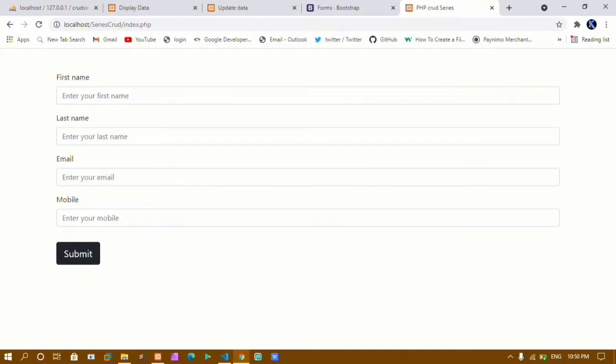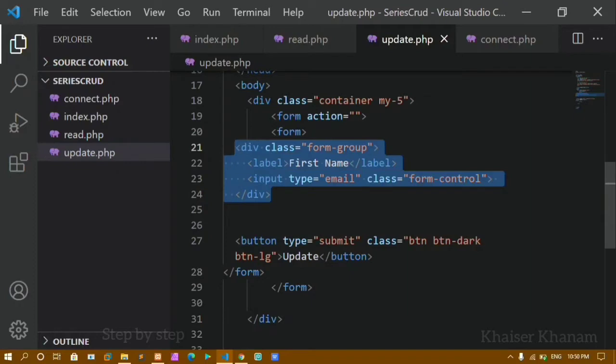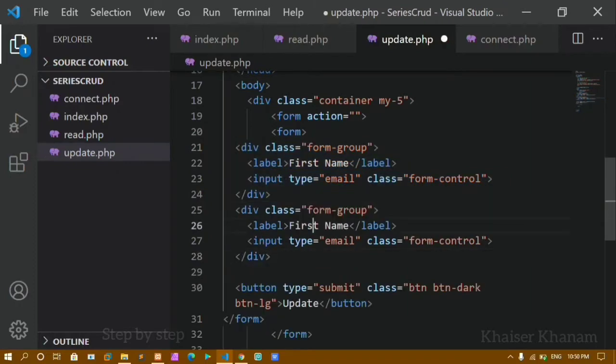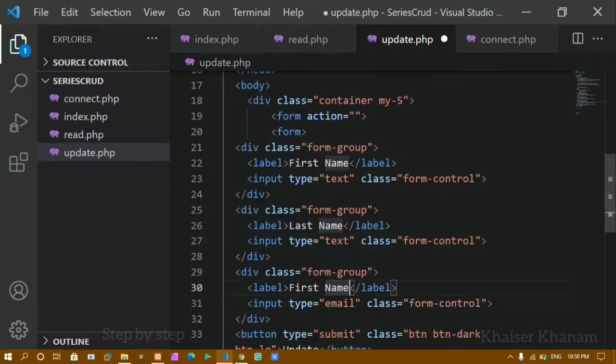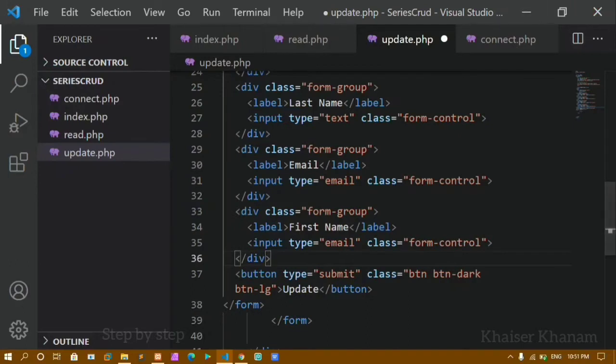First I have first name, last name, email and mobile. In the same way, this entire div, I'll copy this one. I'll paste it here. I'll change here last, and here also I'm going to give the type as text, and here also I'll give the type as text. Again I'll paste that one. Here I'll give email, and finally again one more time I'm going to paste, and this is for my password. I'll change the text. I'll write here password. I think I have mobile. I'll write here mobile, and let the type be text.